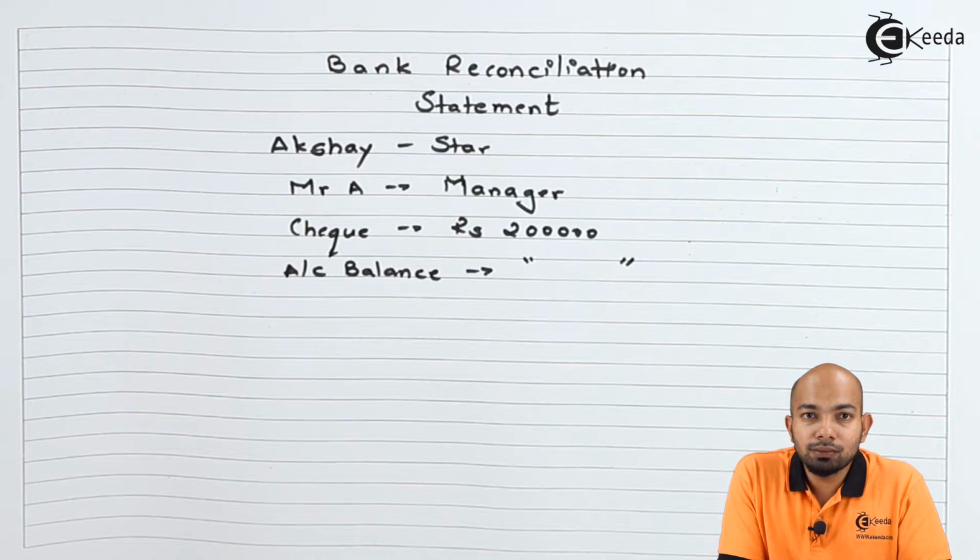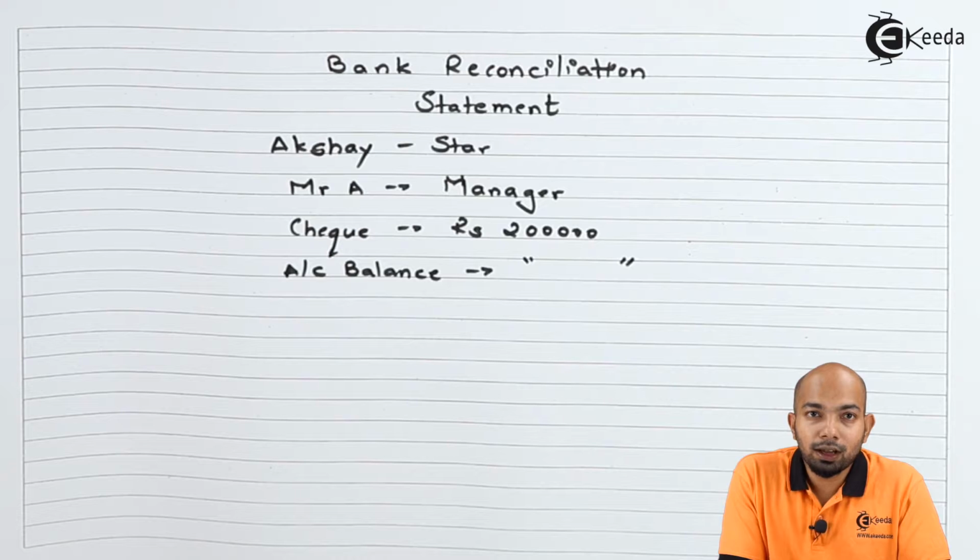The bank manager saw that this is a check which has come for withdrawal, and he went ahead and processed the check. Now, while processing the check, he realized that the account doesn't have sufficient balance to make the withdrawal successful. So the bank manager informed the manager of the star that the bank account doesn't have that much amount to give the withdrawal to you. So if you can just fund the account and come again with the same check, we can help you withdraw